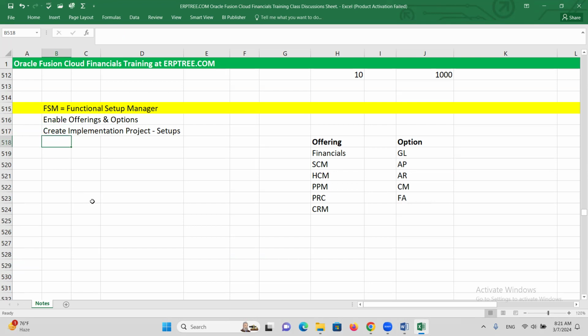Done. Now, after creating the implementation project, you can assign the resources to the respective offerings and options. Who is going to work on financials, or within financials, which consultant is going to work on payables, receivables, GL. You can assign the members to the project-related offerings and options. You can take that as a point,